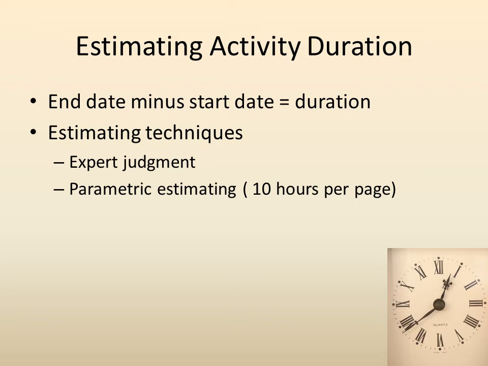In this case, for each one of those individual activities, we determine how long from the time that we start it until the time that we can finish it. And there are many different ways of estimating activity durations. We can talk to experts and say, actually, how long does it take to write a report? And one of those